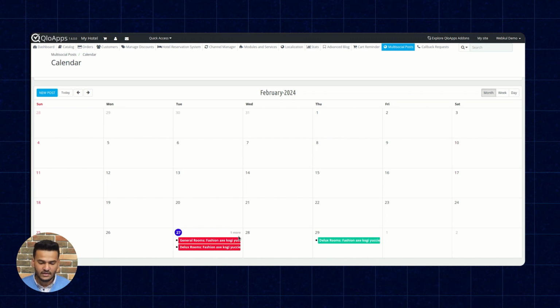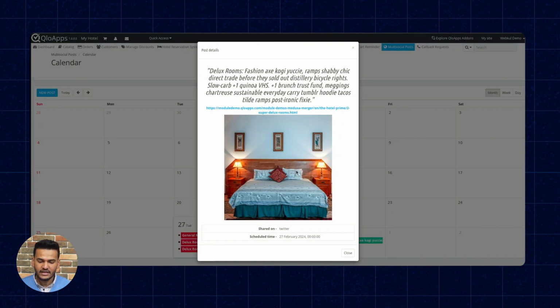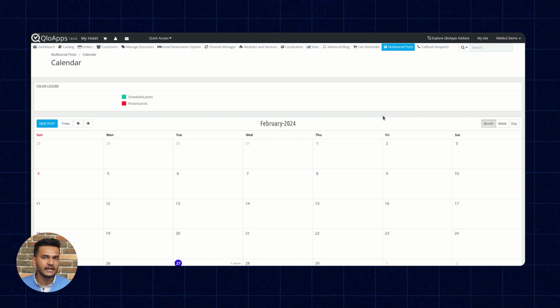As you can see, this is our third post that we added for today. This is the one that we have posted just now. Now this is how you can create posts using different social media handles in a single go.